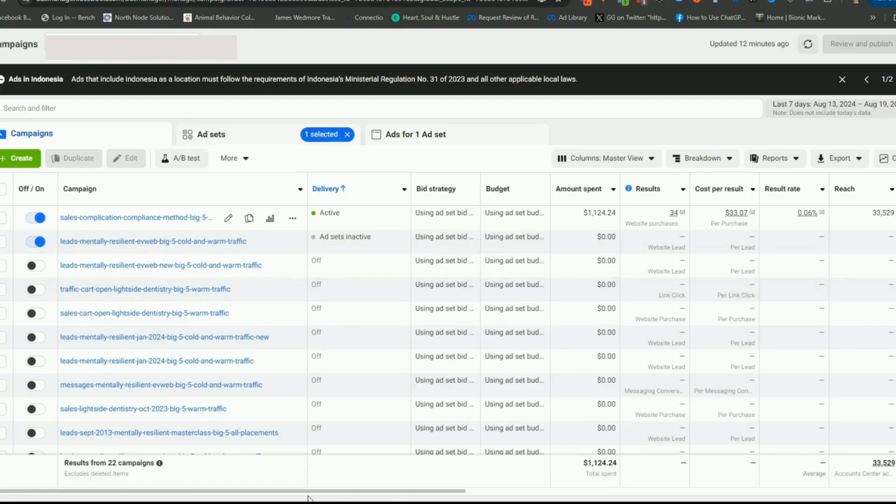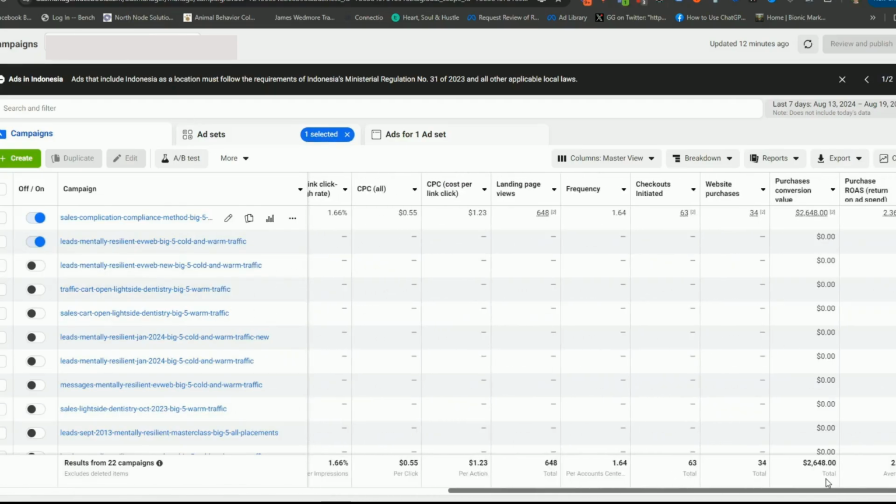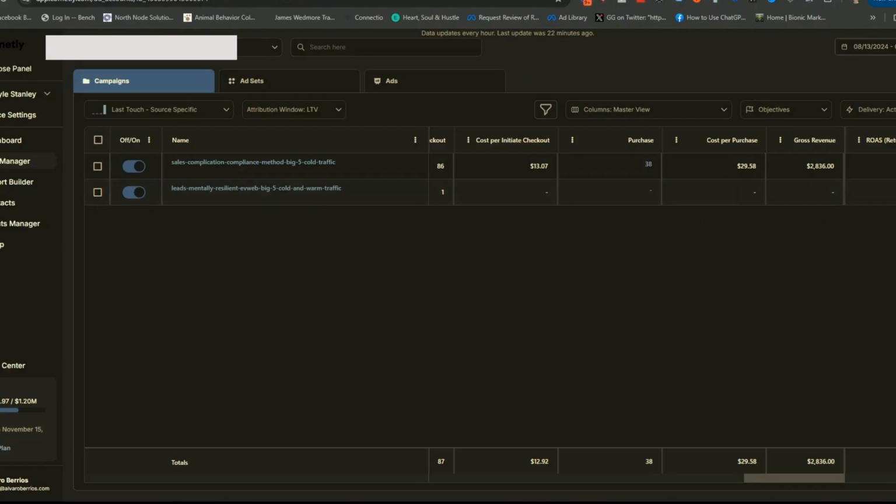So if we come back over here and actually compare those revenue numbers and those ROAS numbers, over here we see 2648. Again, we compare that to the 2836 and the ROAS of 236 compared to the ROAS of 252. So right off the bat, we can see how powerful this is by knowing that we're actually doing even better than we thought we were while looking at the data inside of Facebook Ads Manager. And again, this is only a 7-day period that we're looking at, simple example, but you can kind of see how this can grow when you're doing a 30-day look back window, 60-day look back window, how different the data is going to be between Facebook and